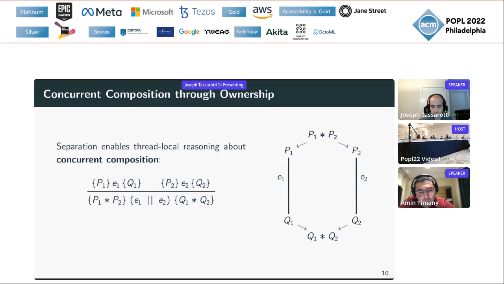So the fundamental insight that Hoare had in giving the formulation of the rules was that we can think of thread Ei here as owning the resources described by Pi, the thing in its precondition. Because E1 owns P1, we can think of it as the other thread not going to interfere with what it does, which is what licenses us to prove separate triples about each of the threads.